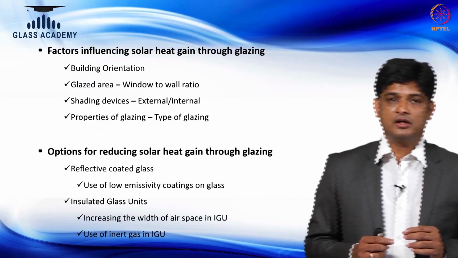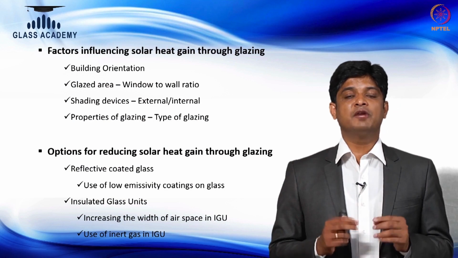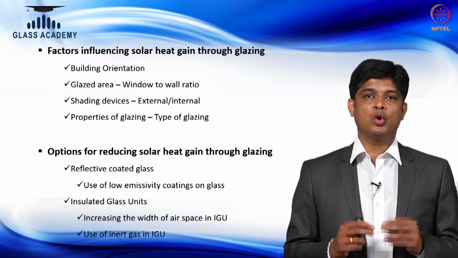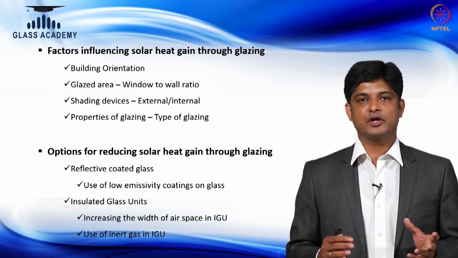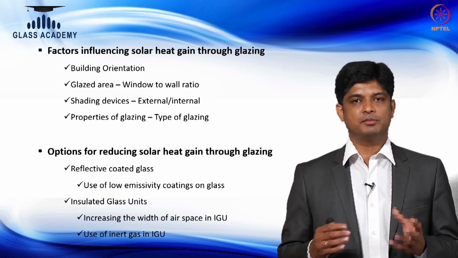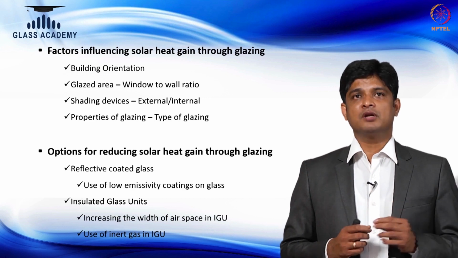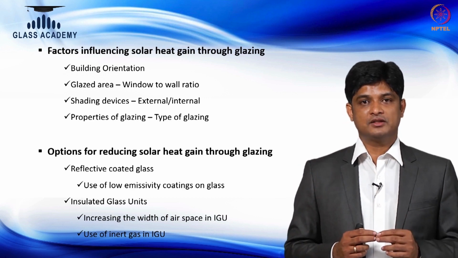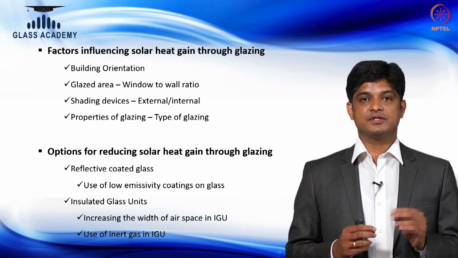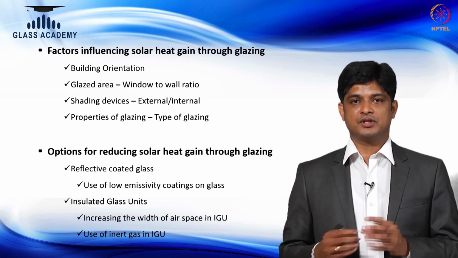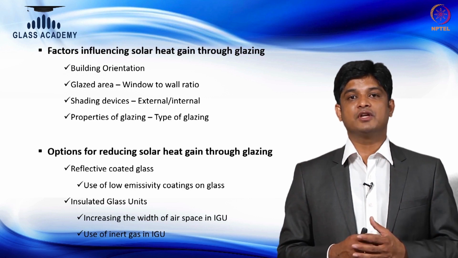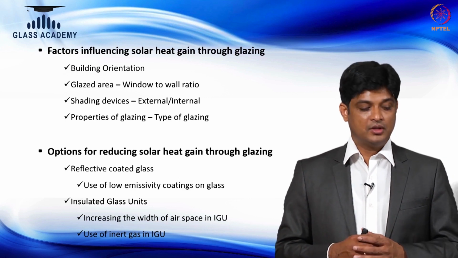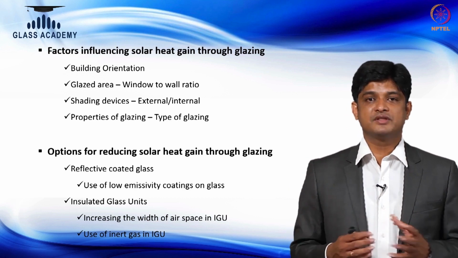So there are key parameters which are going to influence the overall heating load or the cooling load. Ideally in India, we are much more worried about the cooling capacity or the cooling load of the building inside. The important parameter which is going to influence that, the first parameter, is what we call the solar factor, which is the direct heat transmission ratio for a glass. As I said, a clear glass has 83 to 85% of transmission. So how can we minimize this impact?